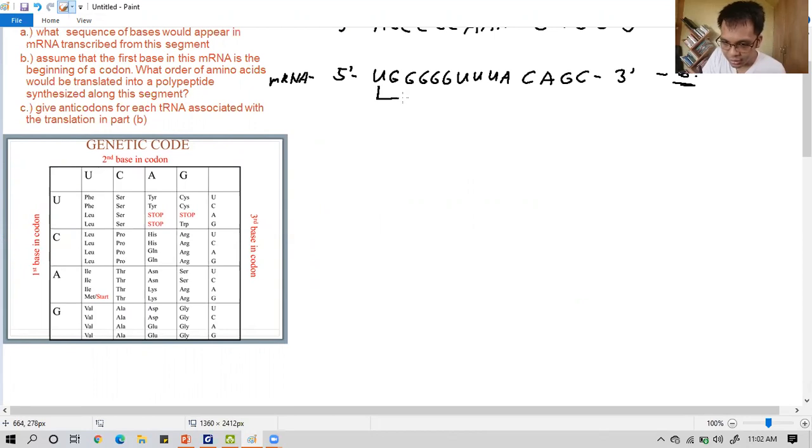So, what is UGG? Let's look for UGG. That is tryptophan. Okay? Next, GGG. Okay? G, G, G. That is glycine. Okay? Next is UUU. UUU. That is phenylalanine. And then C, and then,